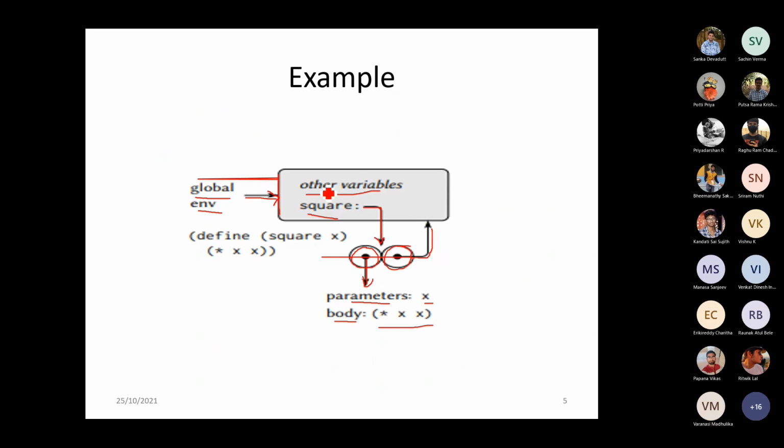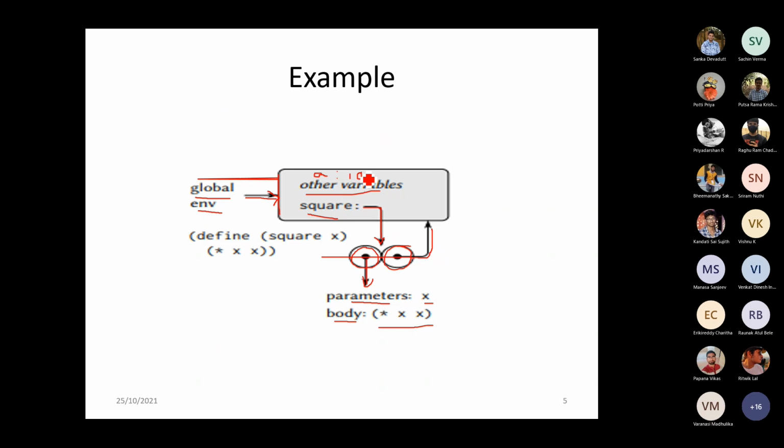Along with other variables, we have square, which is a procedure. Now along with this we have a variable A. So A will be here, a colon with the value 10. Since it is a value, the value will be stored right here itself. When it is a procedure, this is the representation of how it will be shown.